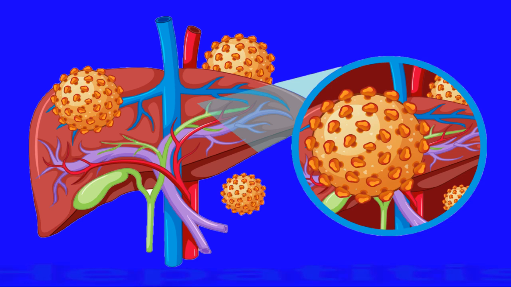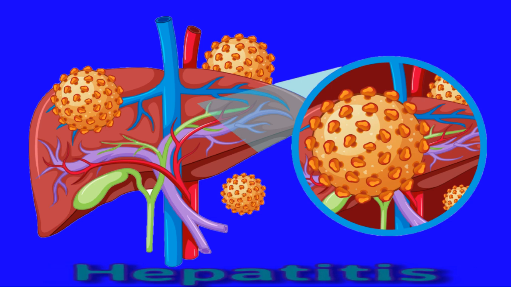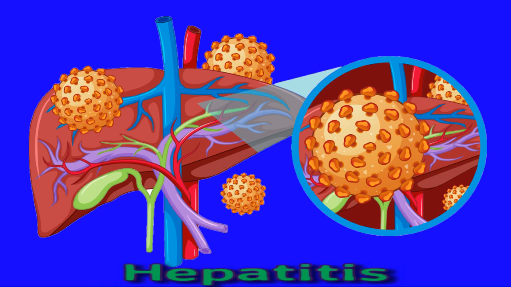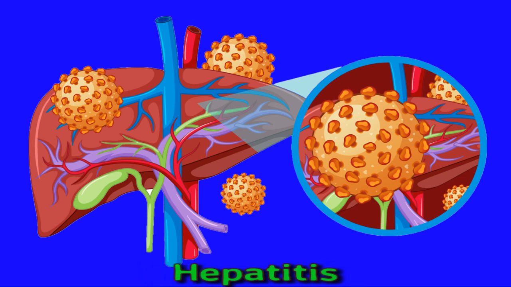Hepatitis. Hepatitis is inflammation of the liver. The most common cause is a virus, but other causes include excess alcohol use, toxins, some medications, certain medical conditions. There are 5 main types of hepatitis virus. Hepatitis A is detectable in the feces of a person with the virus, which can be transmitted via contaminated water or food. Hepatitis B transmits through exposure to body fluids such as blood and semen.